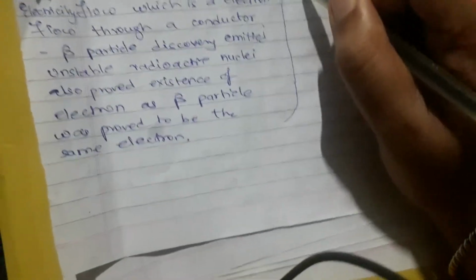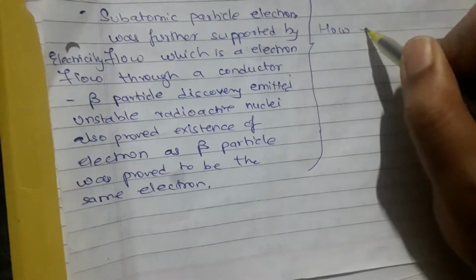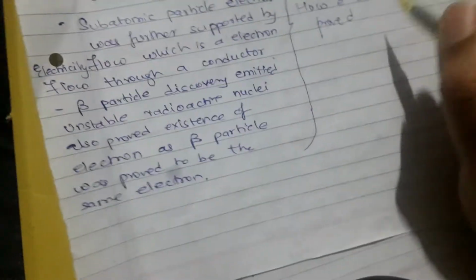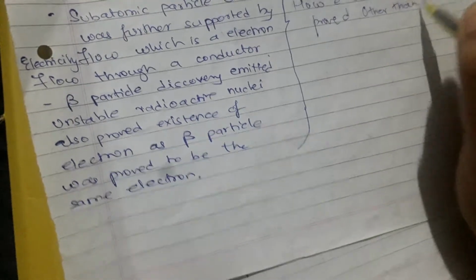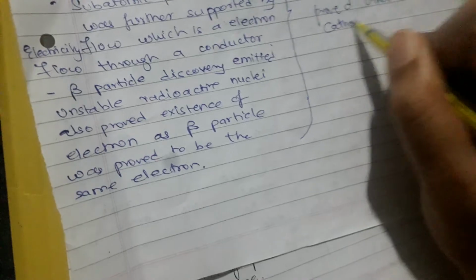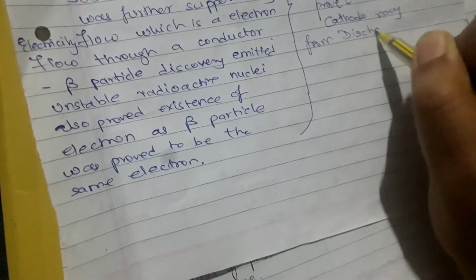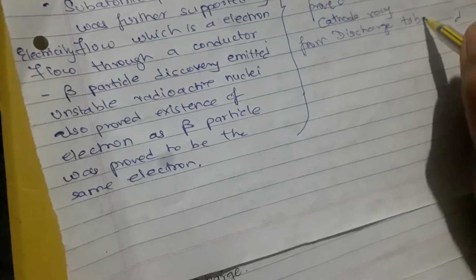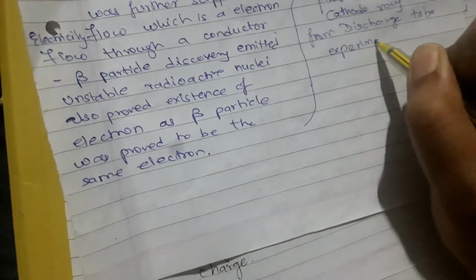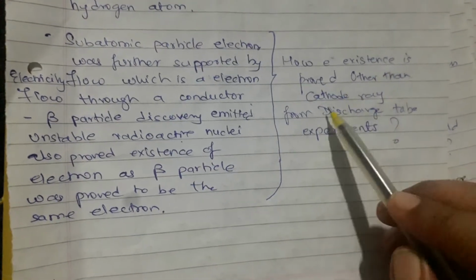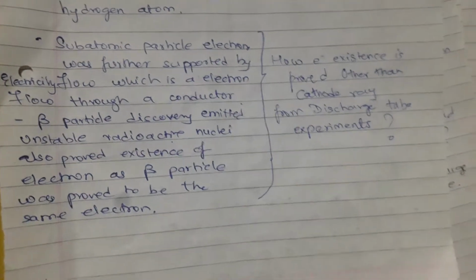I can say the question is: how is the electron's existence proved other than the cathode ray from the discharge tube experiment? So we can ask this question about this answer, that how electron existence is proved other than cathode ray from discharge tube experiments. It means we had learned